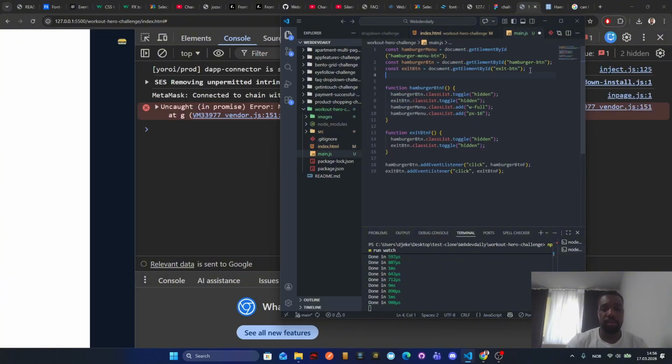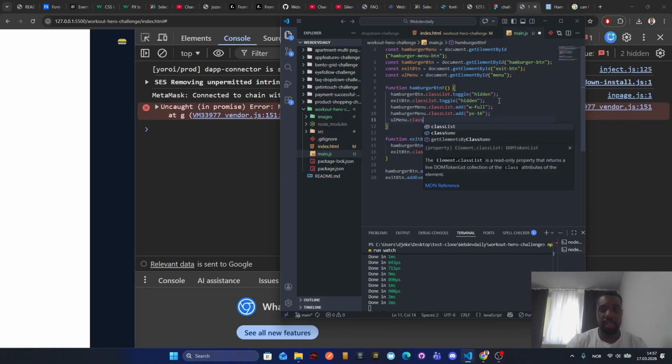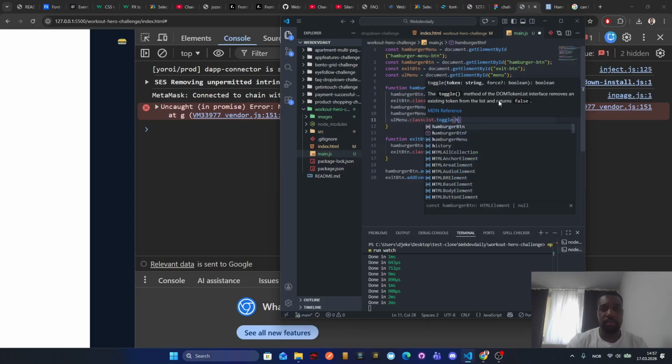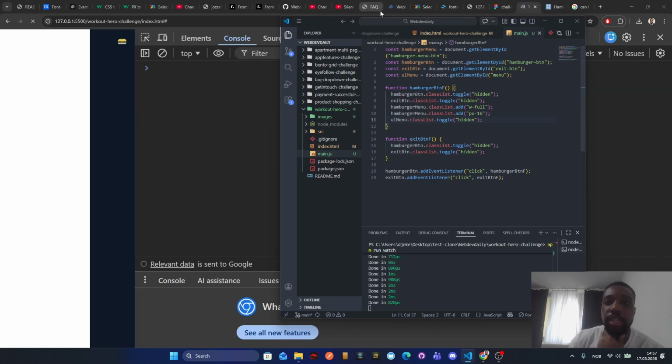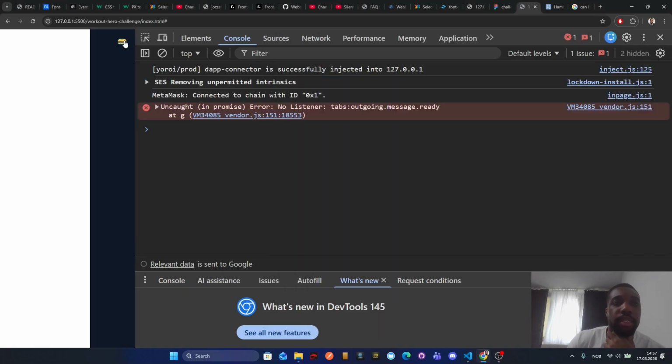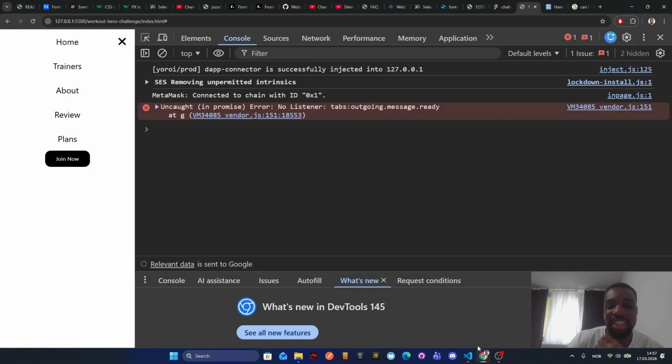We're gonna say UL equals document get menu. So toggle. And I know guys this is not the perfect JavaScript, but yeah,